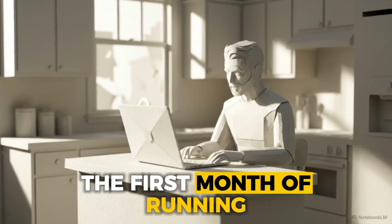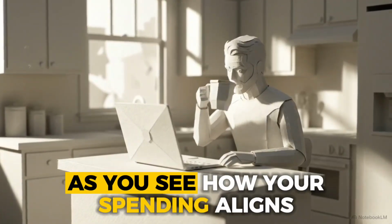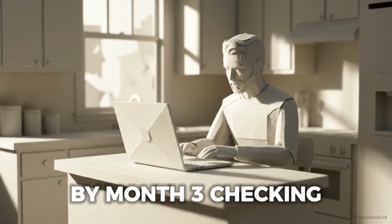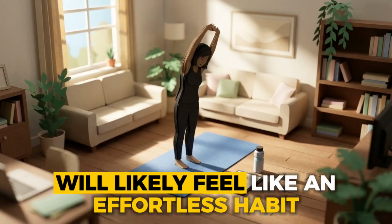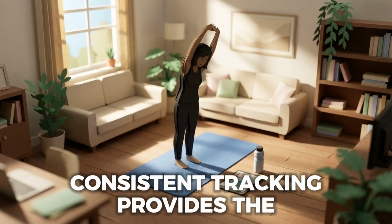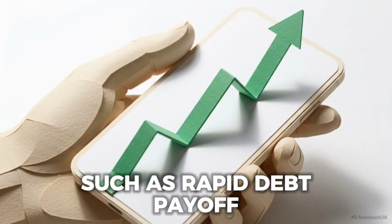The first month of running this will likely require a few minor adjustments as you see how your spending aligns with your targets. By month 3, checking these categories will likely feel like an effortless habit rather than a chore. Consistent tracking provides the surplus needed for more aggressive goals, such as rapid debt payoff